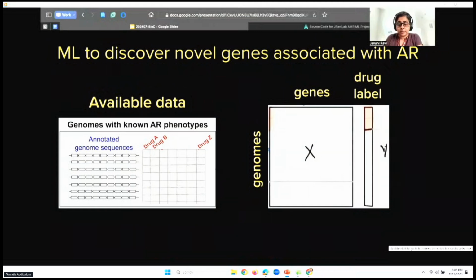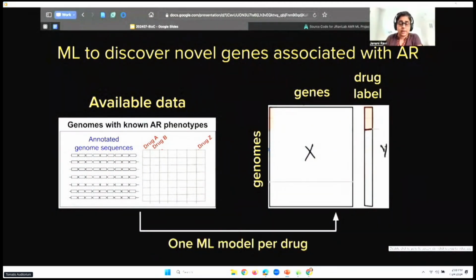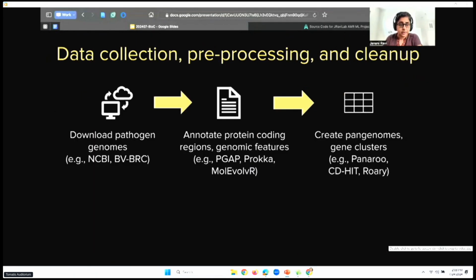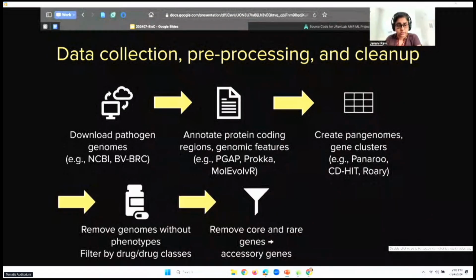And this is the abstracted version of the data, and this is going to be our starting point for our machine learning models. We train one model initially per bug and drug combination. So we download a whole bunch of pathogen genomes, anywhere from a few thousand to several. We annotate every one of these genomes to give us genes and proteins, and then we construct these gene or protein clusters. And then we remove any genomes that don't have phenotypes initially, because that's important for the training part